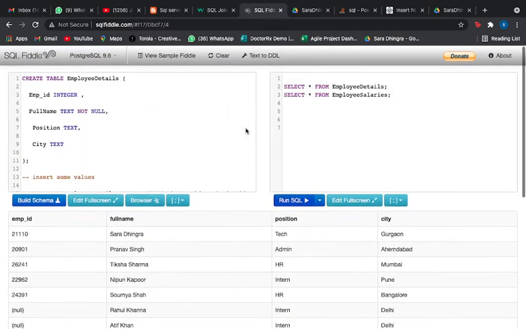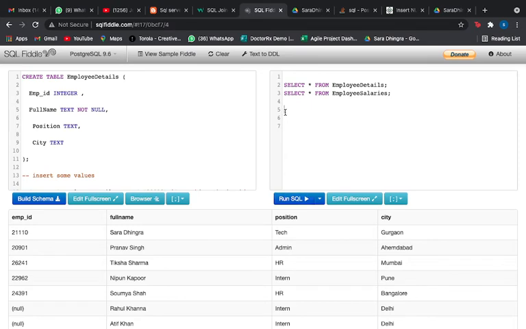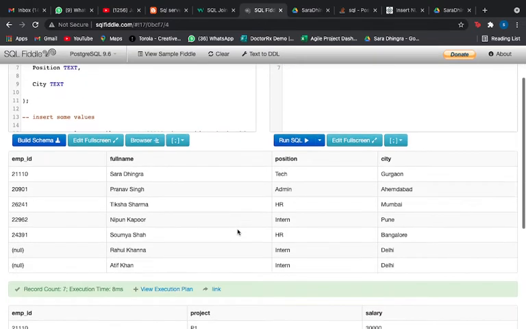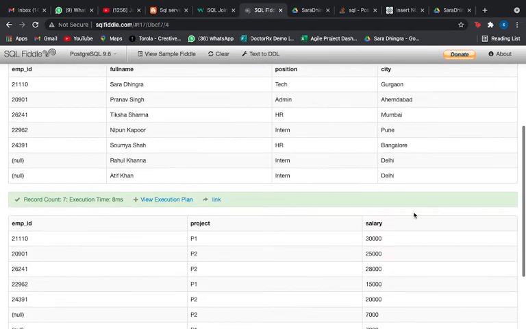So now let us first understand inner join. If you remember, our syntax was select, and we are going to select the column names now. Consider that I want a table which can show me employer ID, full name, position, and the salary.